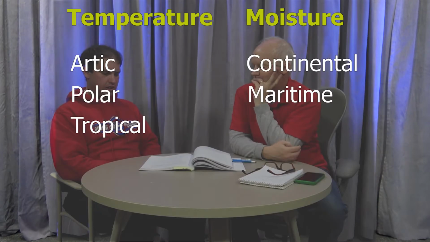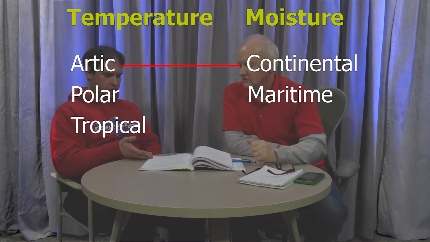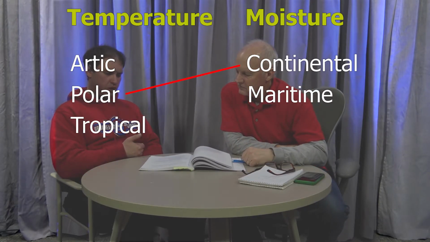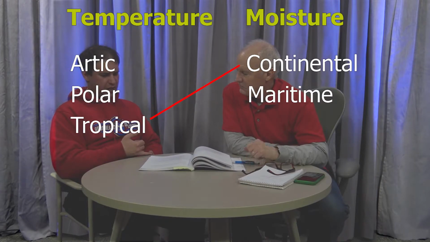So this can give us 5 different possible kinds of air masses. Continental Arctic, which is cold and dry. Continental polar, which is cold and dry, but not quite as cold. Continental tropical, which is hot and dry. Maritime polar, or maritime tropical. You can possibly have maritime Arctic, but you really don't see those around this part of the world